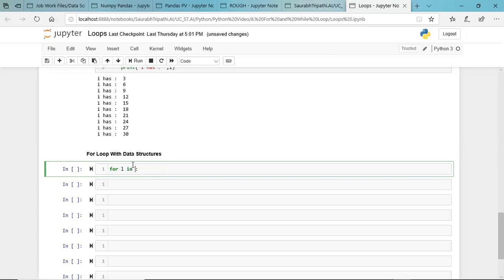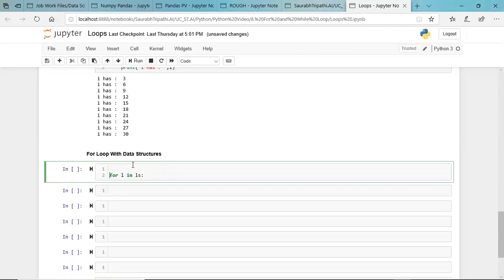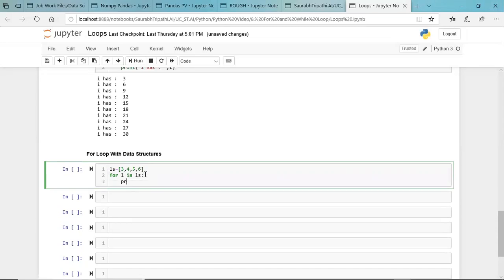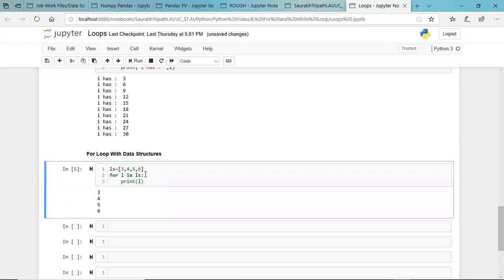I will name this list as, say, ls. So ls will be this. And I'm printing, say, L every single time. Just going to print an element for now, and this is the output I will be getting. So I can directly take a list, a container, and run our for loop.